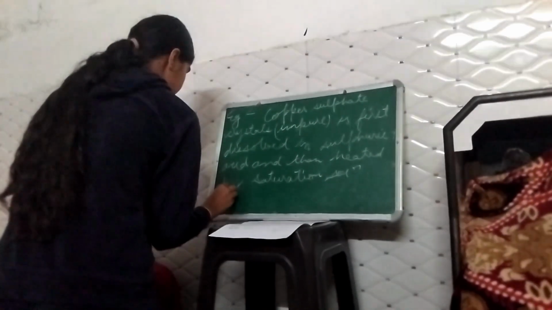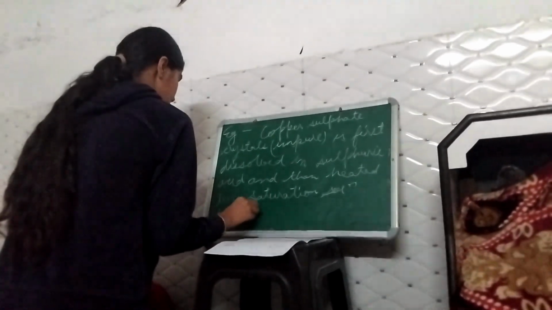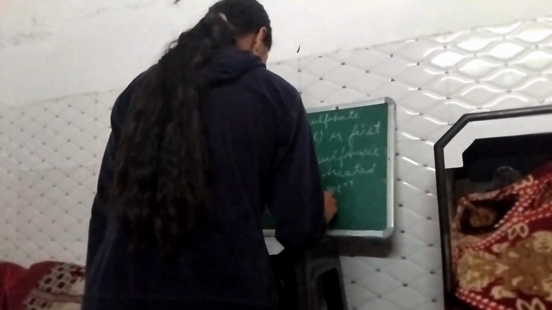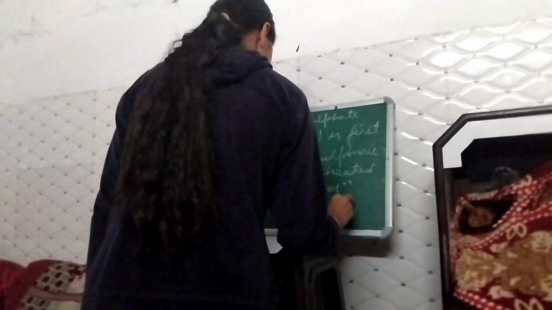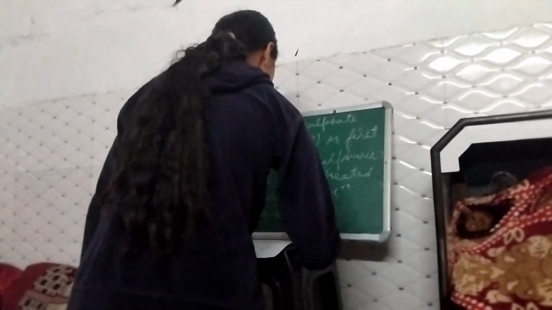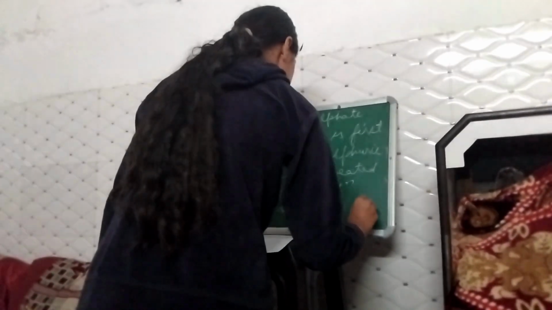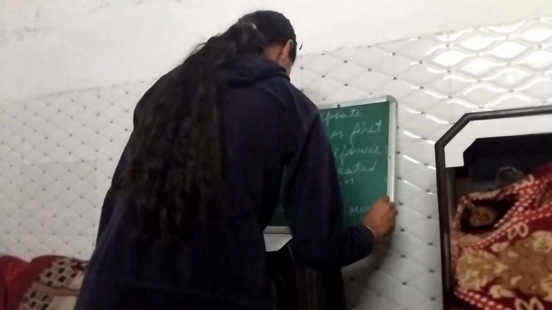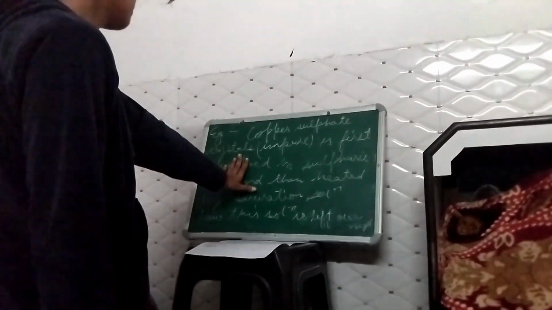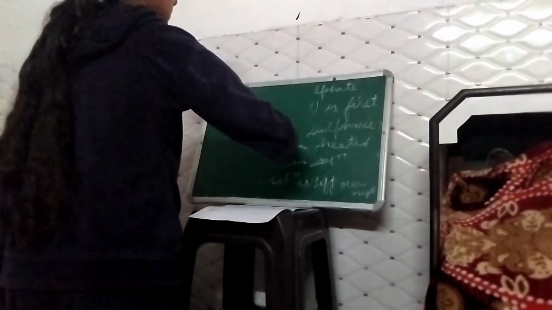Now this solution is left overnight. So only pure copper sulfate crystals show on the filter paper. So this is an example of crystallization. So now our next topic of this chapter